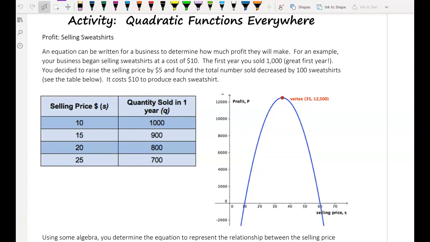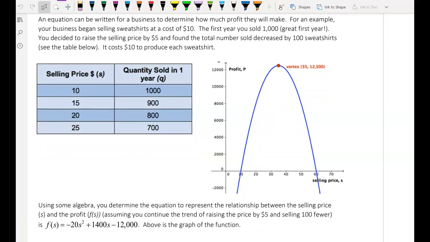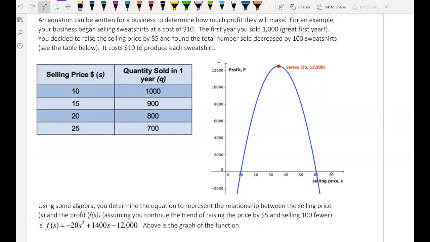Great first year. You decided to raise the selling price by $5 and found the total number sold decreased by 100 sweatshirts. See the table below. It costs $10 to produce each sweatshirt. Something I want to point out here, the table and the graph are not of the same information. The table here has to do with the number of sweatshirts sold